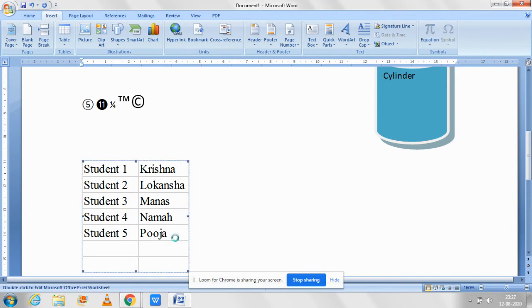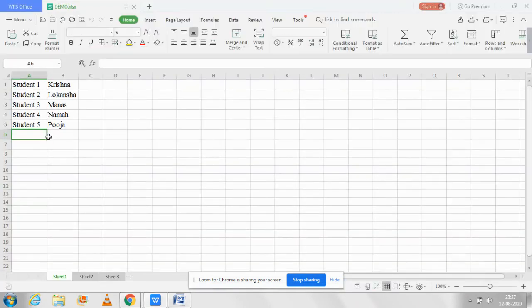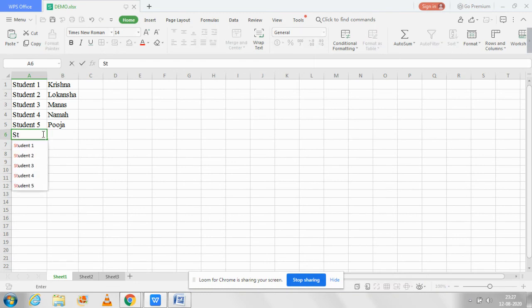If I want to add some more names, I will double click on this and then I will write the name student 6 is Rahul, and student 7 is Weber. Then I will save it.